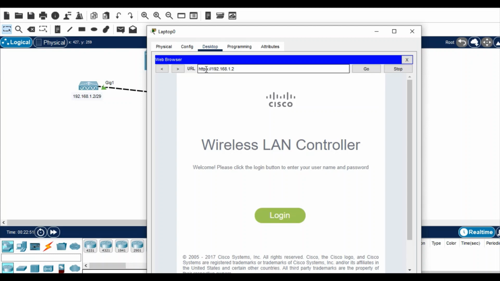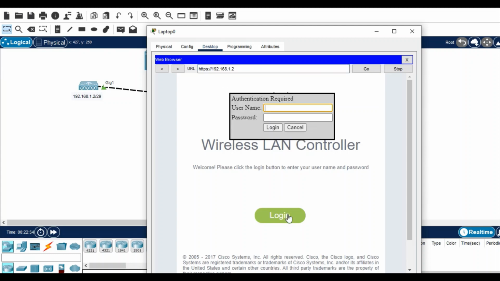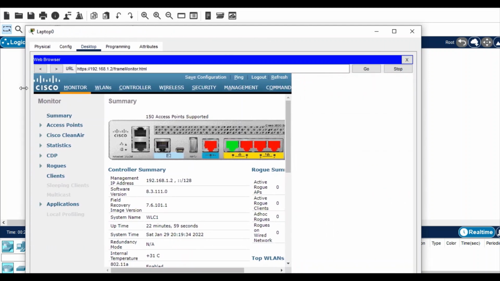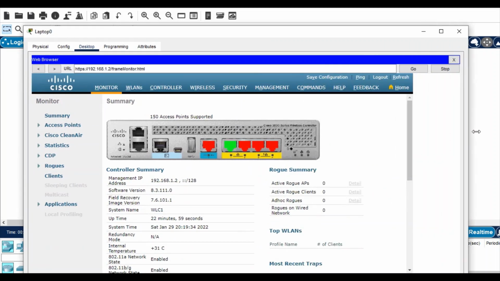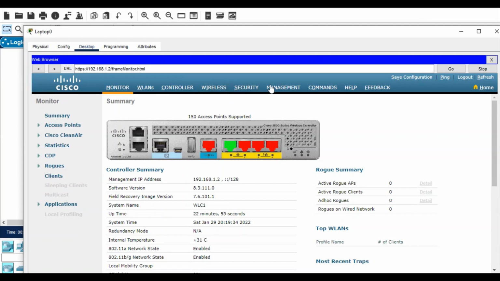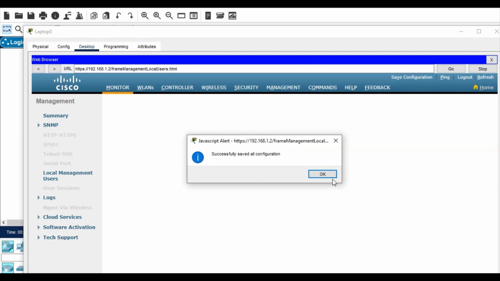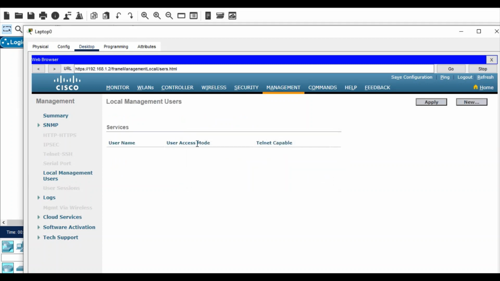Let's do it. Log in with your admin credential. As you can see, you can access the web page. Let me expand something a little bit. Go to Management, Local Management Users, and you see there is no user. The admin user you cannot see because it is the admin that cannot be deleted. Create a new one